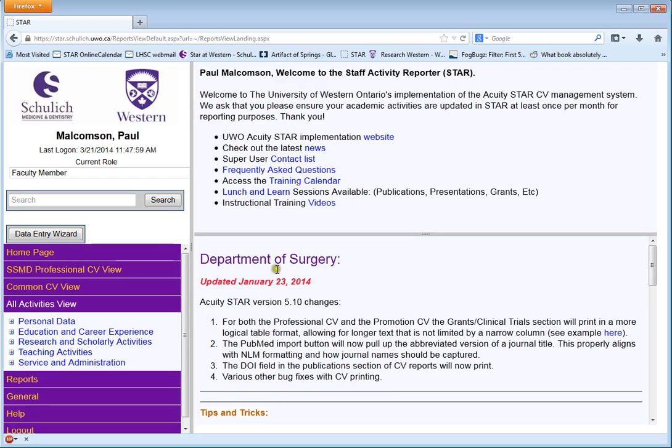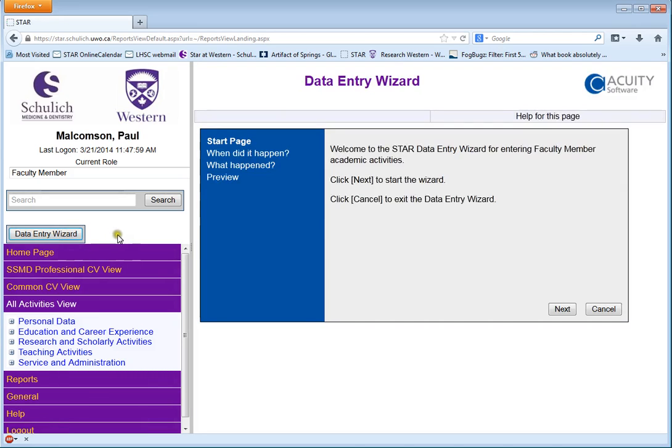Today I'll be running through the data entry wizard. It can be located above the purple dynamic menus and is available from any point of accessing the system. So clicking on the data entry wizard will prompt you for several questions, and when you're done and click go, it will navigate directly to the data entry page where you can complete the activity that you're entering and click